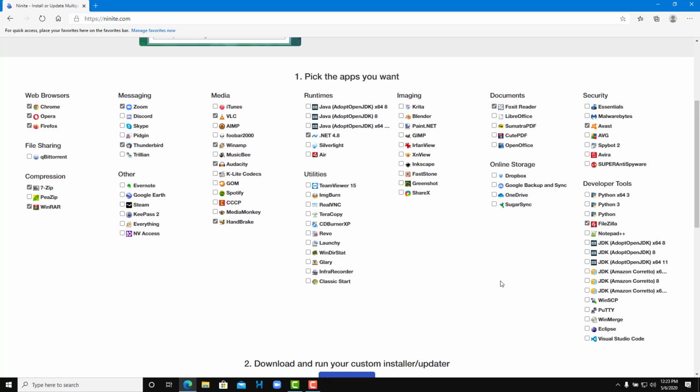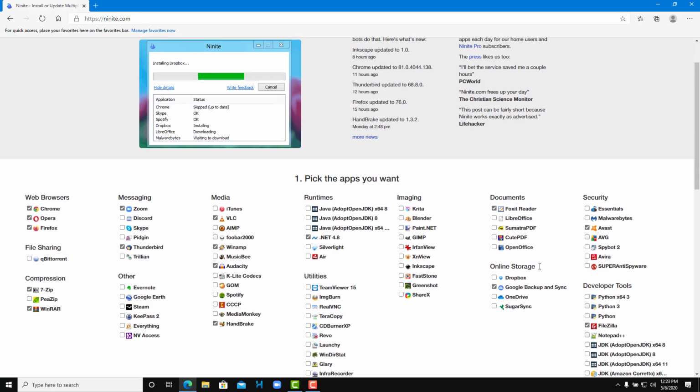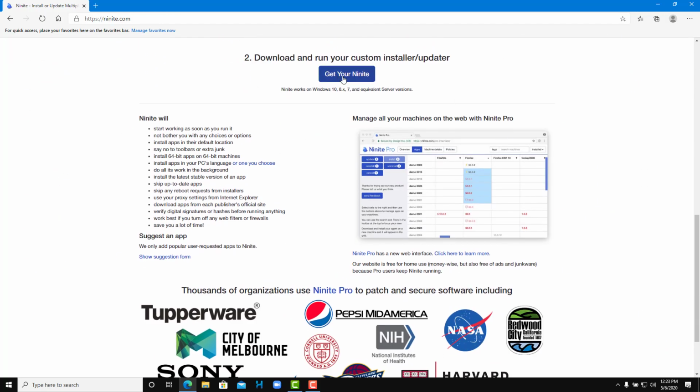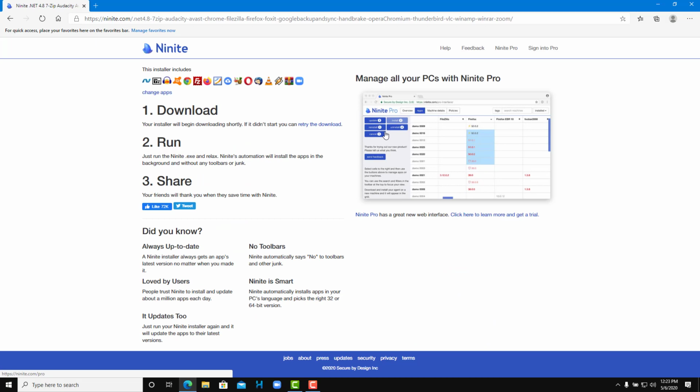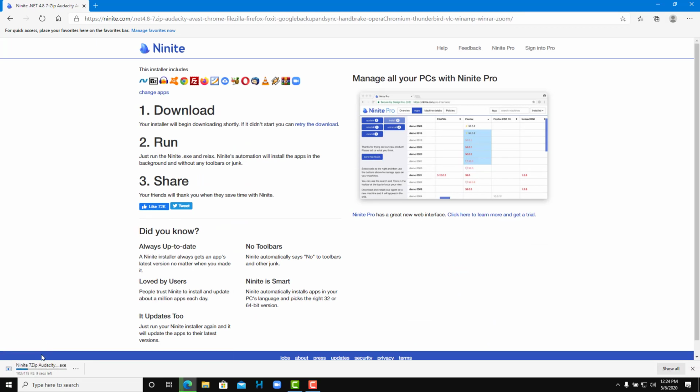So just like that, I'm going to select all of these. Whatever I want, I'm going to select. Check these out. Once I do that, I'm going to click on Get Your Ninite, and once I do that, it'll generate an installation file which will allow us to install everything. So you can see that now there's an exe file over here. If I want to install this, I can simply click over here and run this,